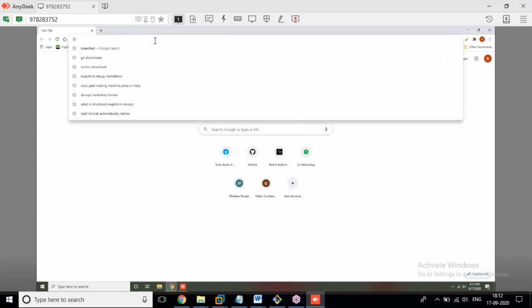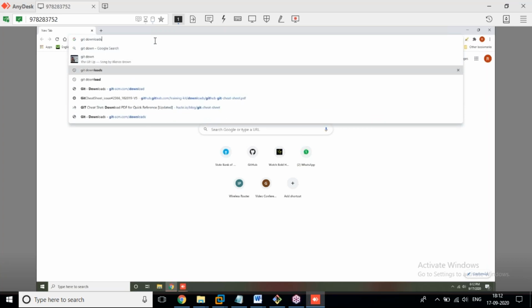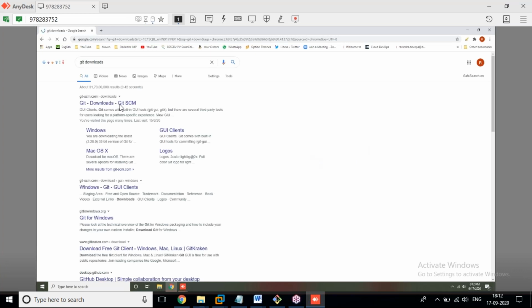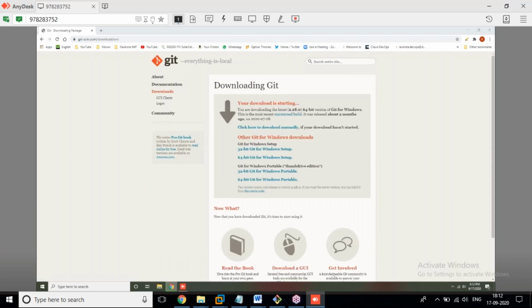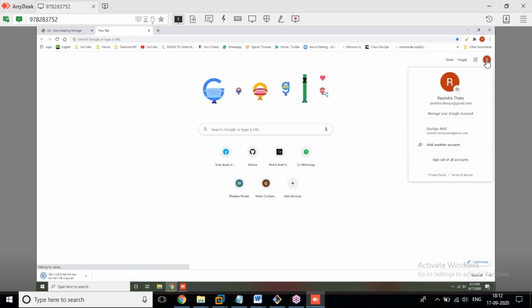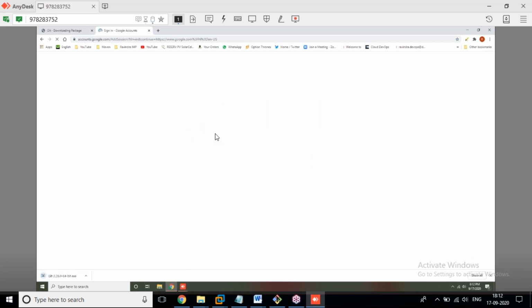Now get the downloads. And we are going to create one more new mail ID.